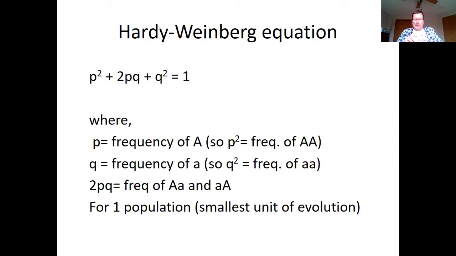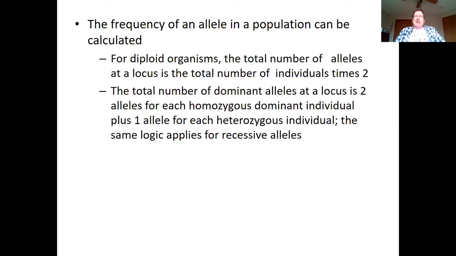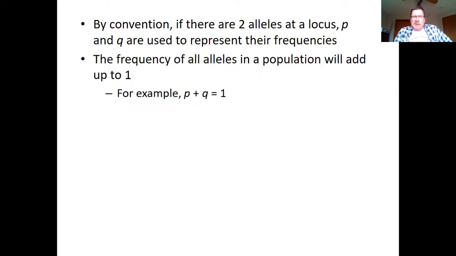So the frequency of the dominant allele plus the frequency of the recessive allele will always add up to 1. Okay. So the frequency of an allele in a population can be calculated for diploid organisms. The total number of alleles at a locus is the total number of individuals times 2. Total number of dominant alleles is 2 alleles for each homozygous dominant, 1 for each heterozygous. You use the same logic for recessive alleles, and you'll see that. By convention, if there are 2 alleles at a locus, p and q are used to represent the frequency. So p plus q is always 1,